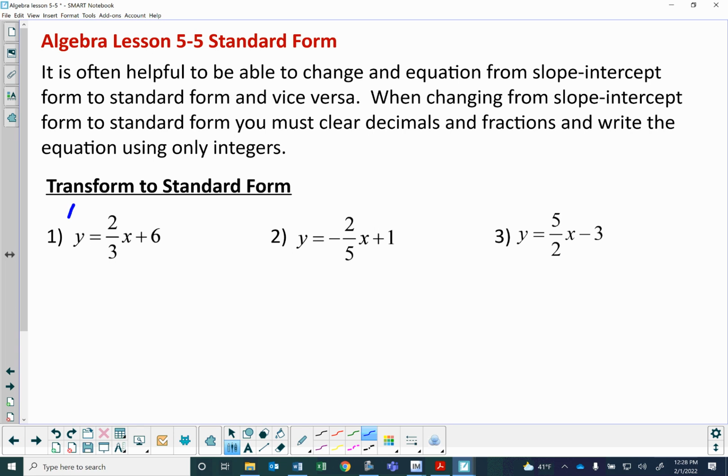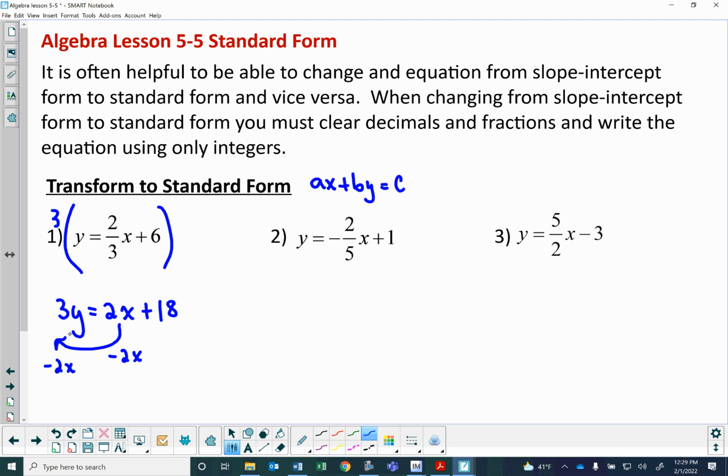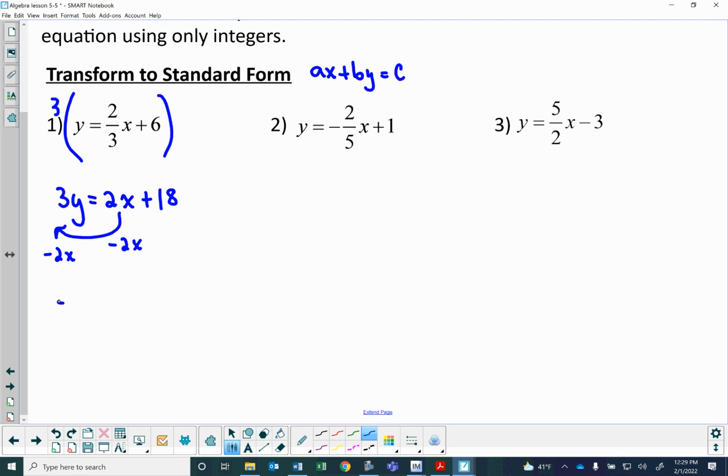Okay, so I'm going to multiply everything in this equation by 3. If I distribute that, 3 times y is 3y, equals, 3 times 2/3 becomes 6/3, and 6/3 happens to be 2. So that equals 2x, and then 3 times 6 is 18. Now we're almost in standard form. We're not completely in standard form, because remember, standard form is ax plus by equals c. So we have to move the 2x from this side of the equation to the other side, so we need to subtract it. If we subtract it, we're going to get -2x,